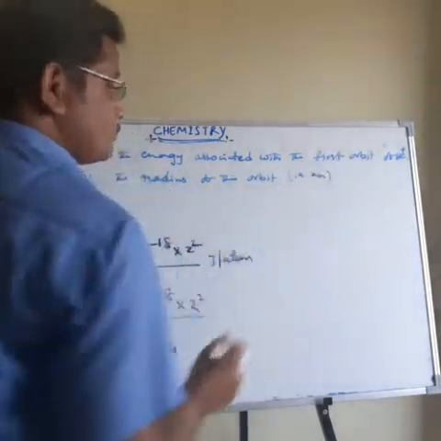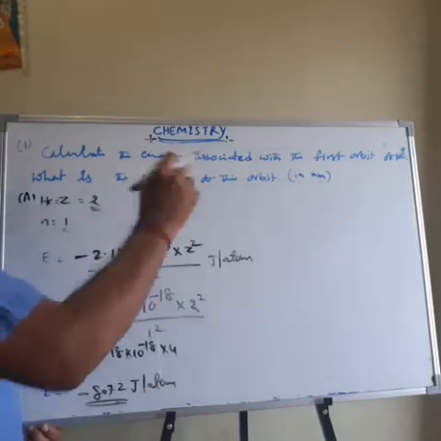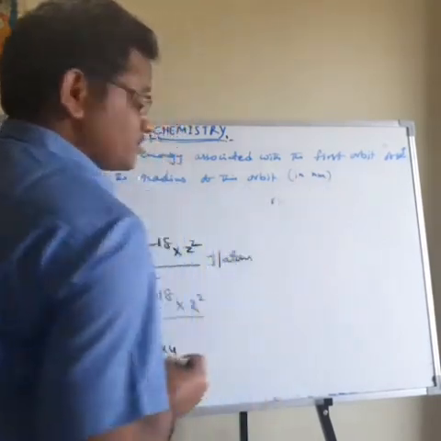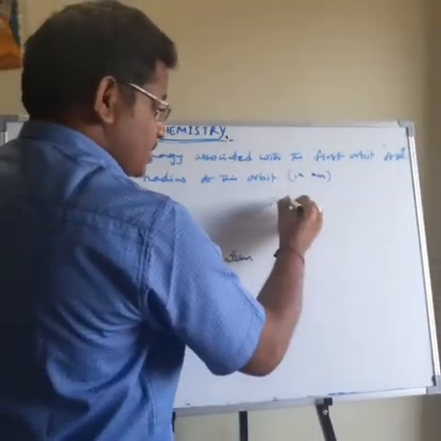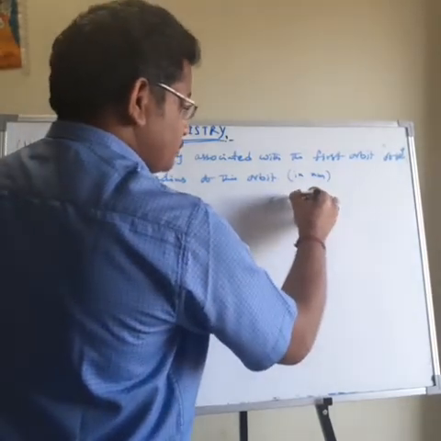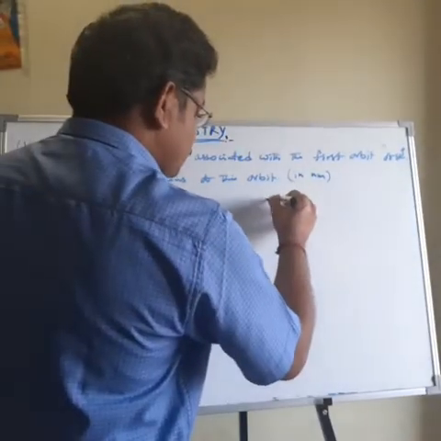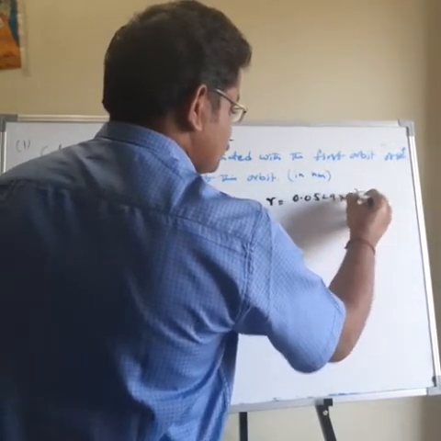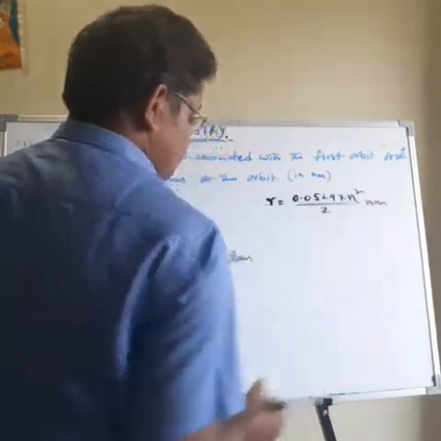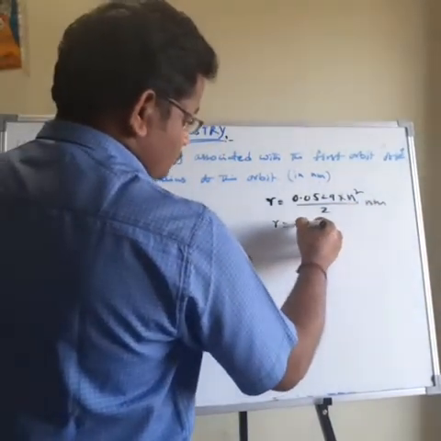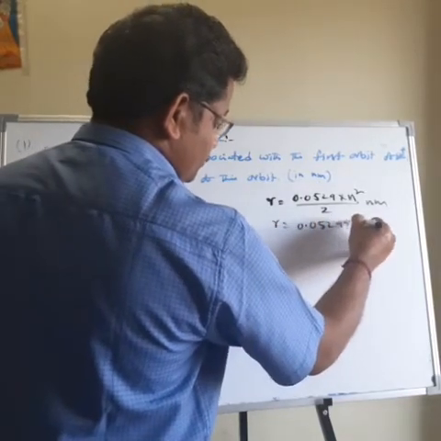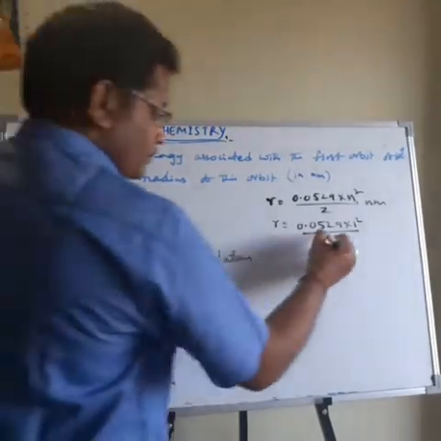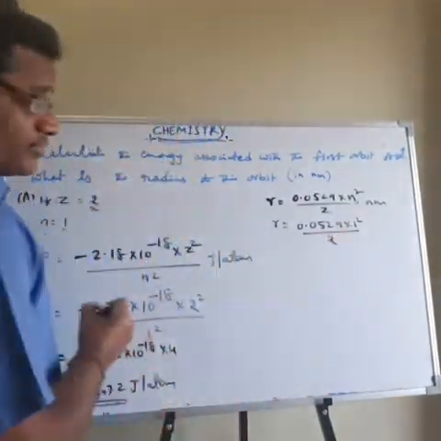Same orbit and same ionic species, helium plus atom. What is the radius of the orbit? The radius of the orbit in nanometers. Particularly they ask for nanometers. Then R is equal to 0.0529 into n squared by Z nanometers. Here n value is 1, so 1 squared, and Z is equal to 2. So in the place of Z we have to write 2.